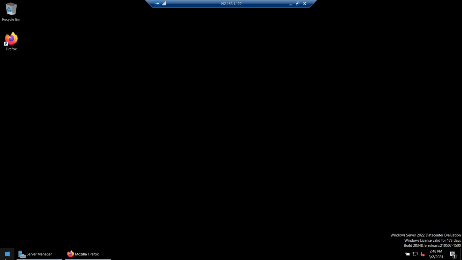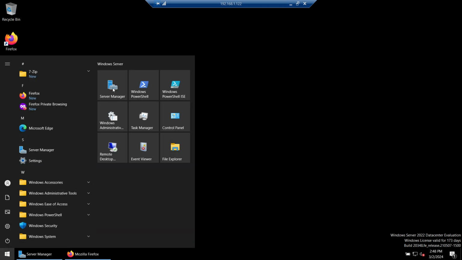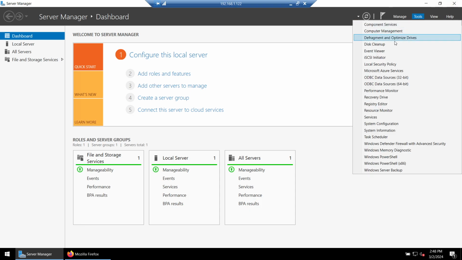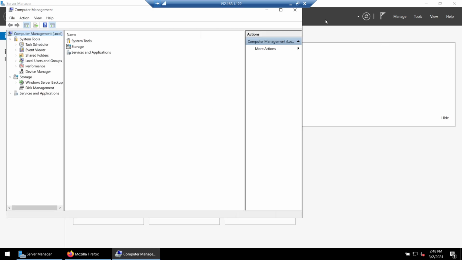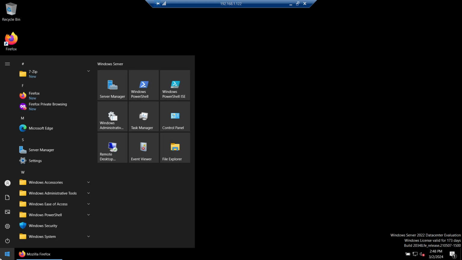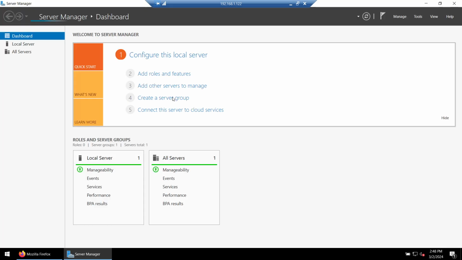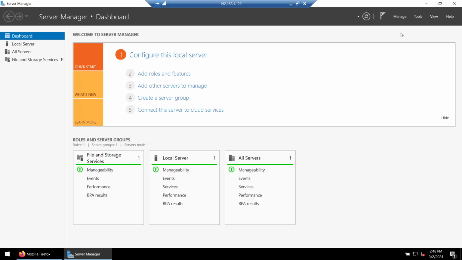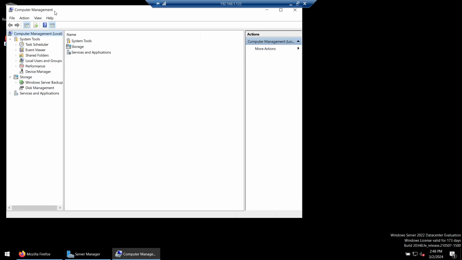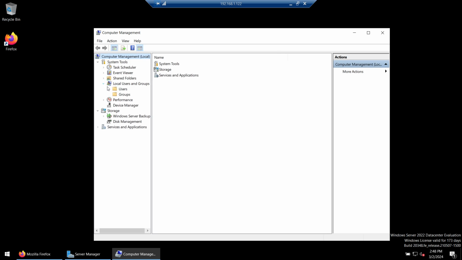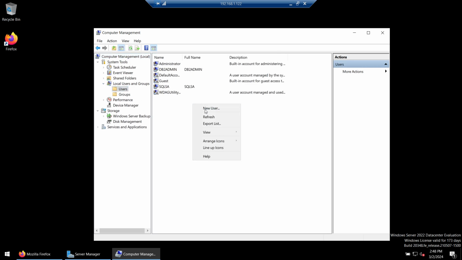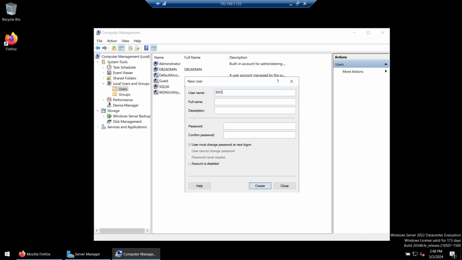To create a service account, you'll go to the start menu, go to the server manager, go to the tools, go to the computer management. Let me repeat all of this once again. Go to the start menu, go to the server manager, go to the tools, go to the computer management. Under computer management, you will find local users and groups. Under users, right click, say new user and give whatever user. So let's say service account as SQL, give a password,